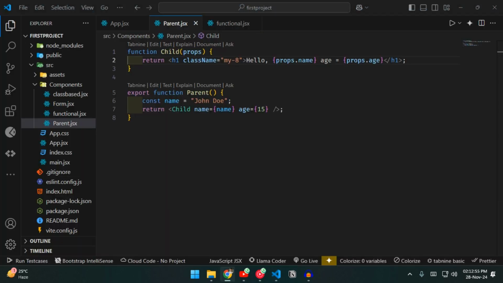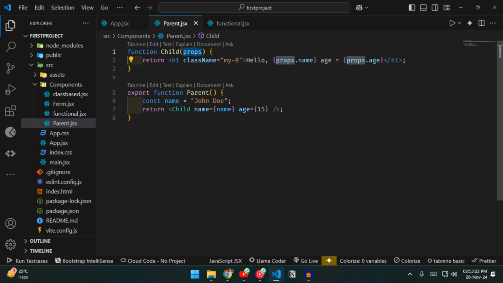So in future you will have a lot of props. So how will you handle that? You will write props dot name, props dot age, props dot surname, props dot this, props dot that. So for our convenience, we destructure the props.